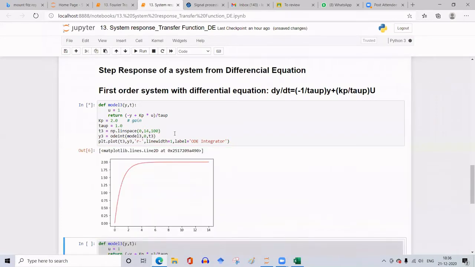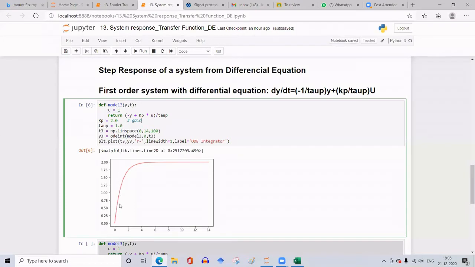Let me run this. Now you see it has 0 initial conditions, but it is excited with a step input of magnitude 1, that is a unit step input. Since this Kp is 2, it will be amplified, and the final value is 2. So it will settle down to 2.